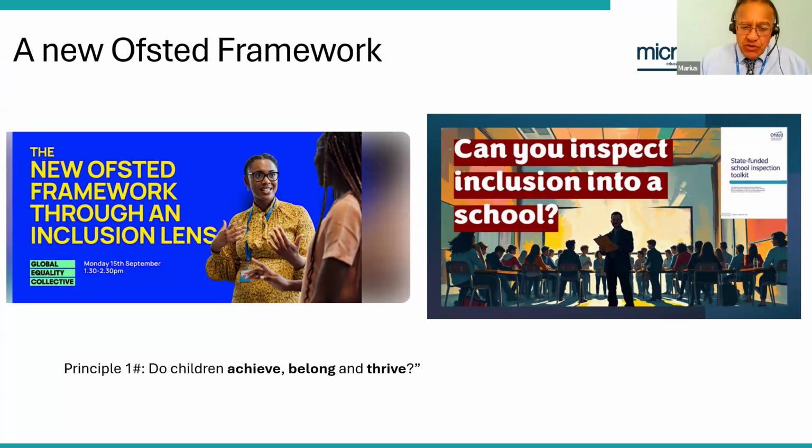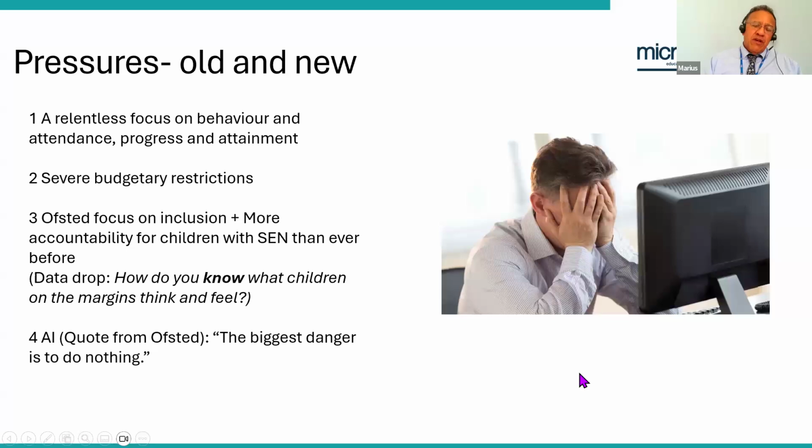They will ask the question, do children achieve? Do children have a sense of belonging? And thus, do all children, not just a few, but all children thrive? What a challenge. What a challenge for leadership teams and teachers. Apart from a relentless focus on behavior and attendance, progress and attainment, apart from the severe budgetary restrictions that every school is under,